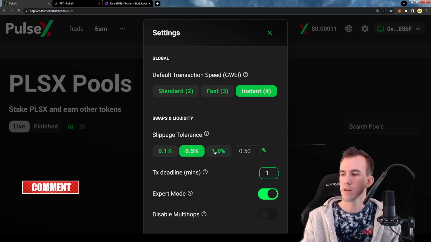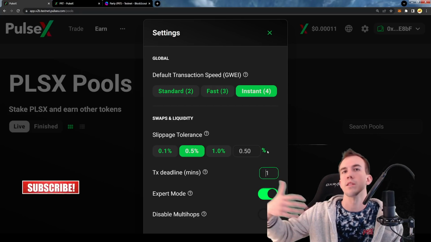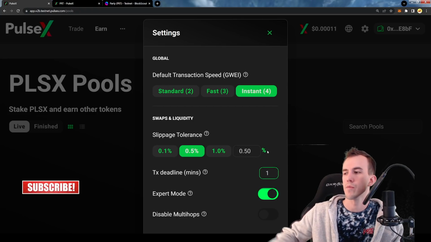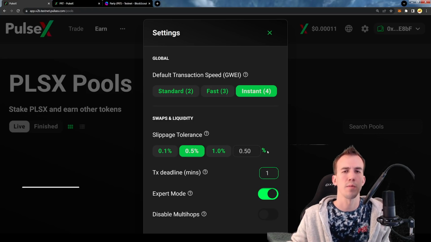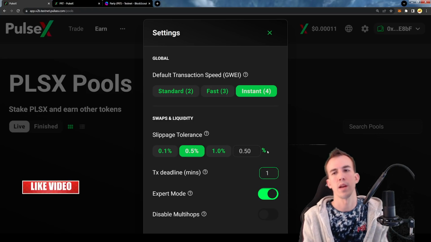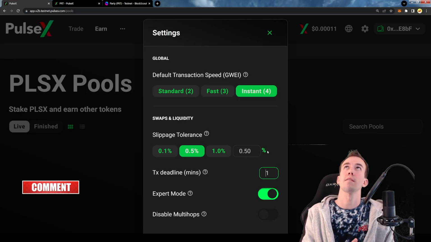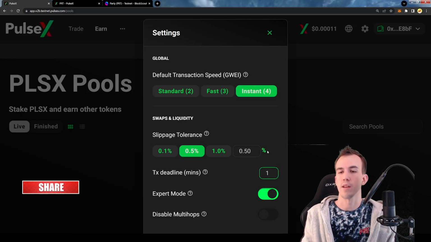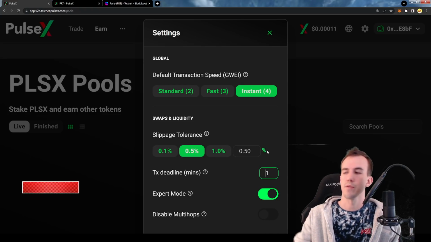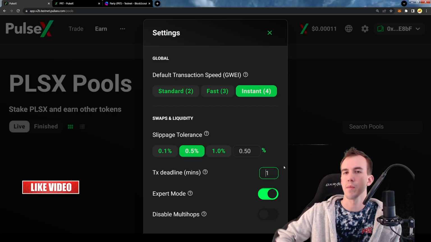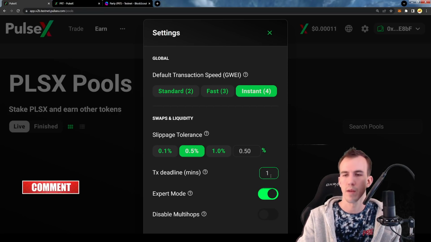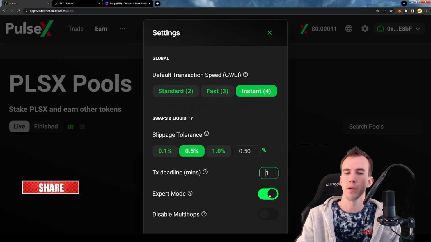You can also change your deadline limit to 1 instead of 20. I think the base is 20 here. I think 1 is much better because otherwise you just have this hanging transaction that's waiting 20 minutes, even though you could just reset and do another transaction in less than a minute. These transactions should be going through in seconds. So waiting minutes means you've missed like 33 different validators for your transaction to go through. That means something's probably wrong and you'd want to update your stuff. So just wait 1 minute. I don't even know if you can go less, so I just went to 1. Works for me.